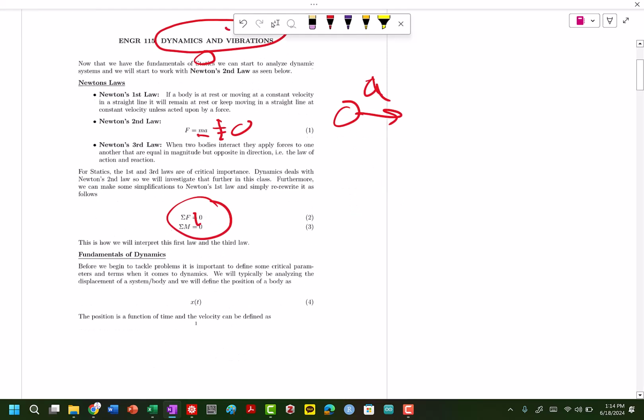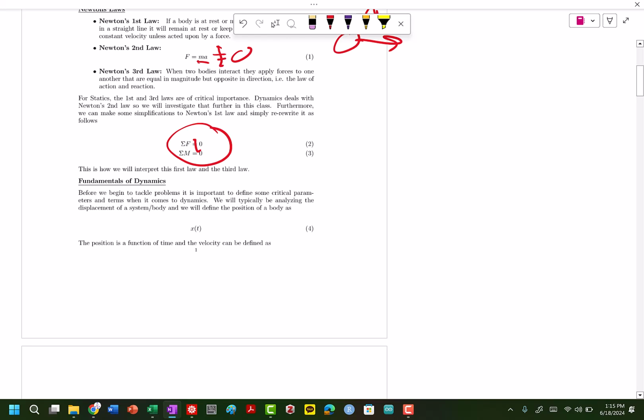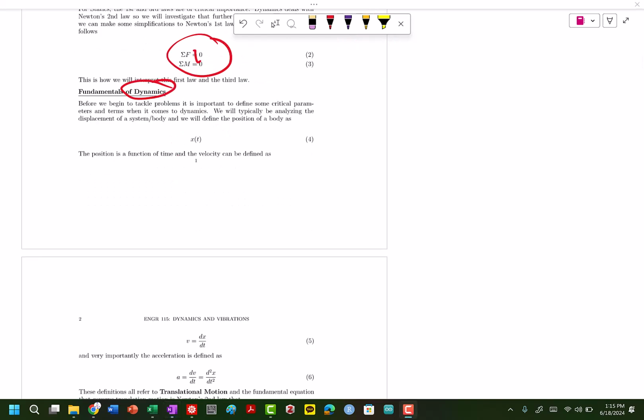So what are the fundamentals when we're thinking about dynamics? You'll learn about this a lot more, hopefully at the same time in your physics course, but we are going to be analyzing the displacement of a system or a body. We are going to be breaking down into translational displacement